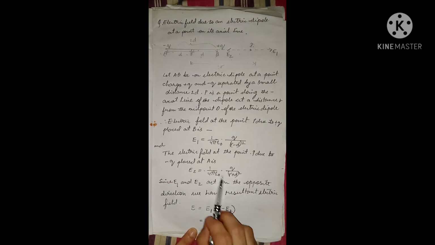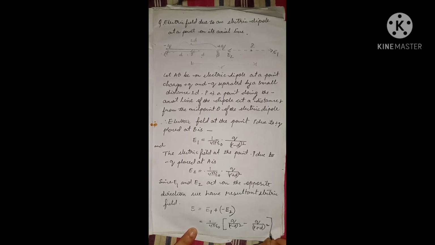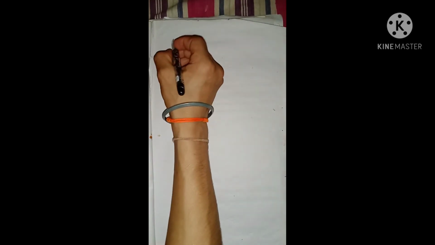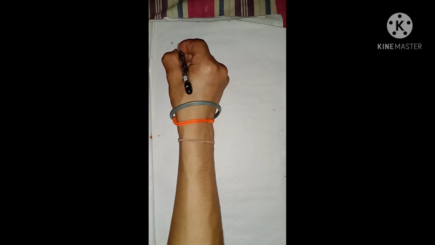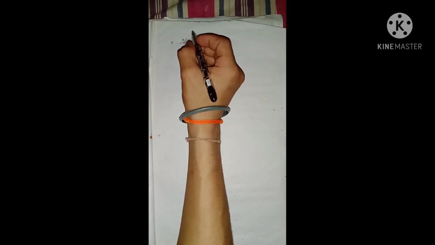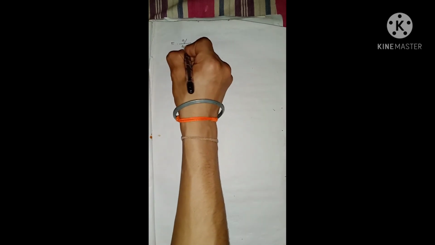This one also we can write, minus of Q by R plus D whole square. Similarly, we can find like this, which is equal to Q by 4 pi epsilon naught